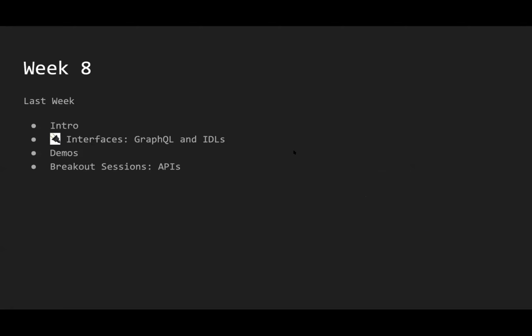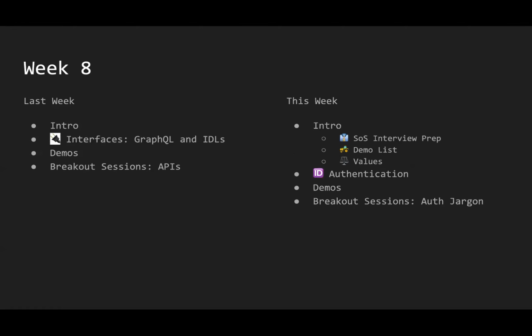Last week we talked about GraphQL, we talked about IDLs as well, and talked about interfaces. That was kind of the main presentation point. This week we're going to talk about authentication. And for our intro, there's a few points that I'm going to touch upon before we do that, but that's